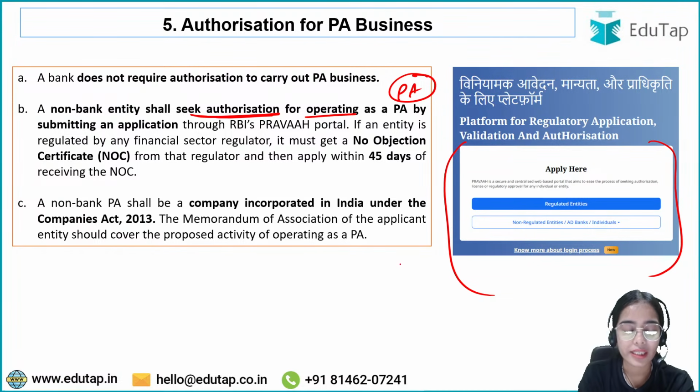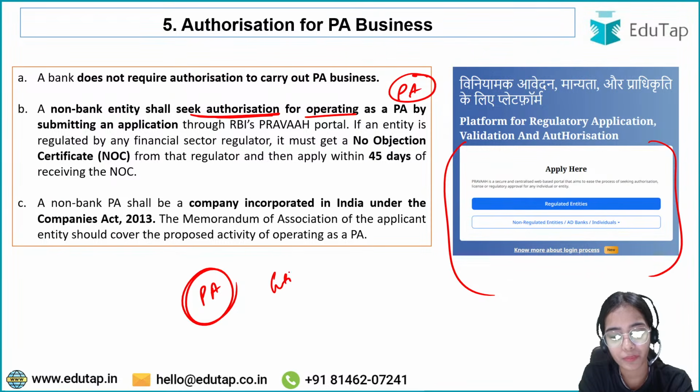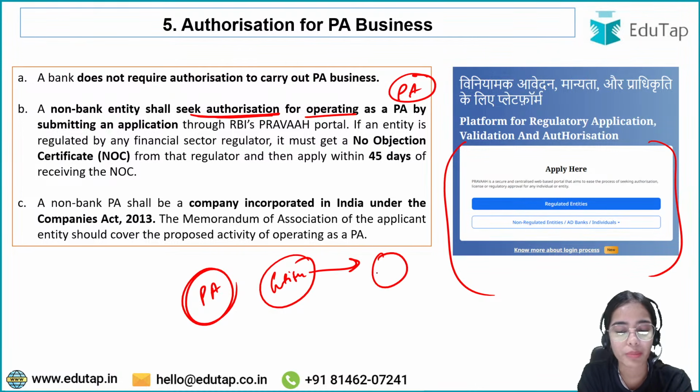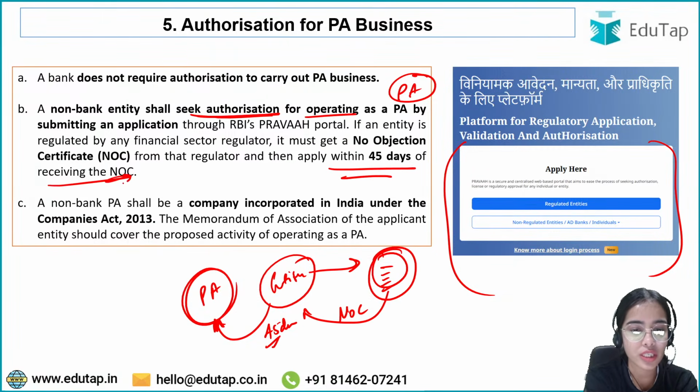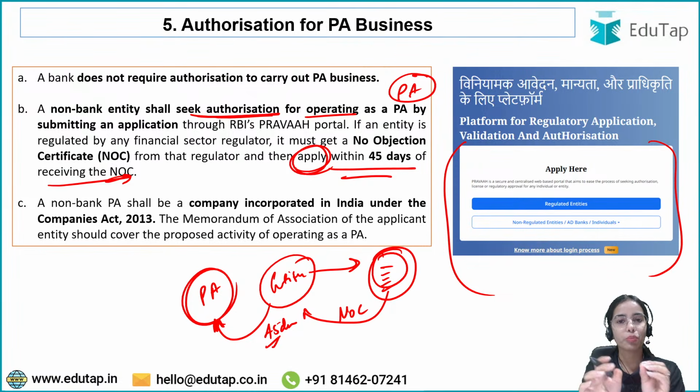If the entity that wants authorization as a payment aggregator is under the regulation of some other regulator, then first of all, the entity has to get the no objection certificate from its own regulator, and after getting the no objection certificate, within 45 days of receiving it, it has to apply. So first get the no objection certificate from your regulator, and after getting it, within 45 days, you can apply for the